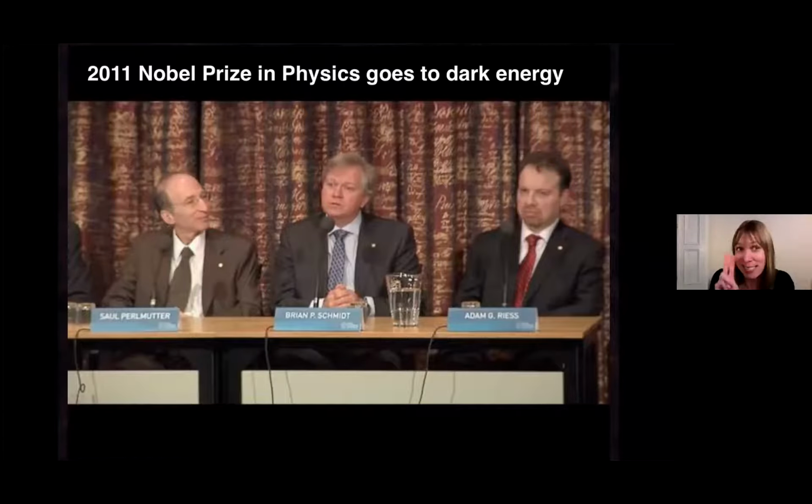Now, there were two competing teams trying to measure how fast the universe was expanding by looking at dying stars, supernovae, which always emit at the same brightness. And so you can use them to map out how fast the universe is expanding. All right, Saul Perlmutter, on the left-hand side of our image here, was the big US project.